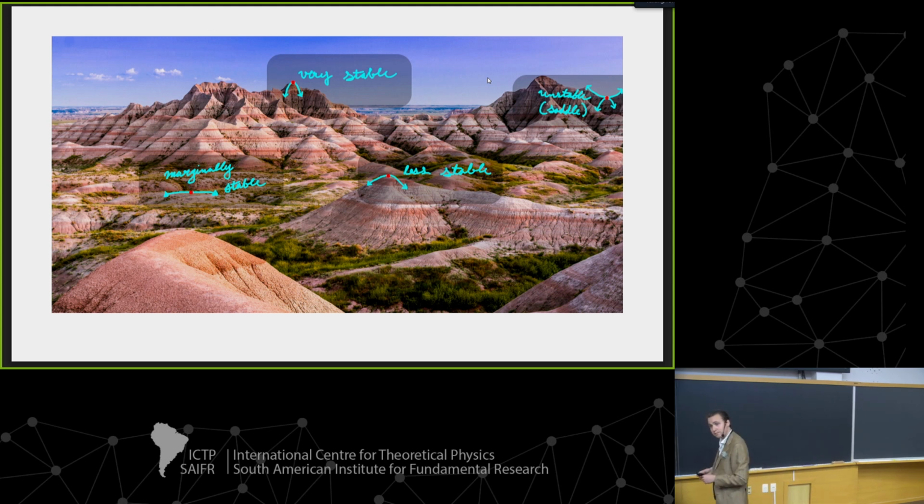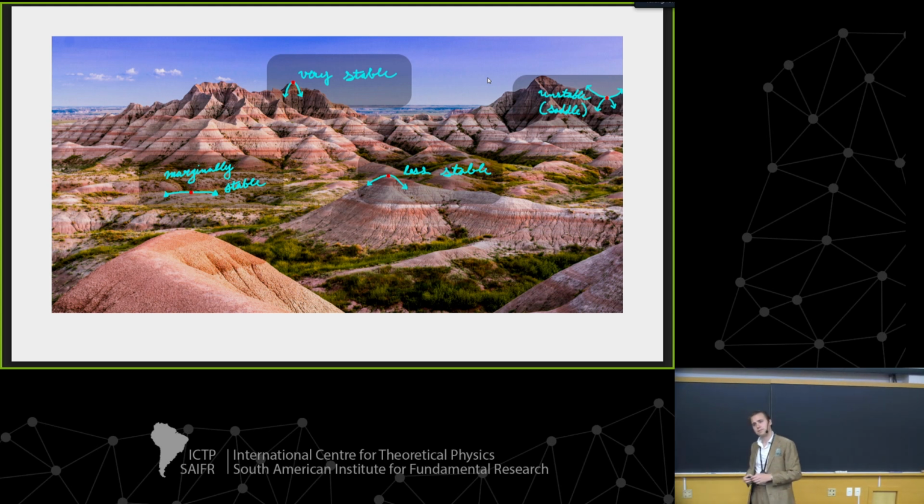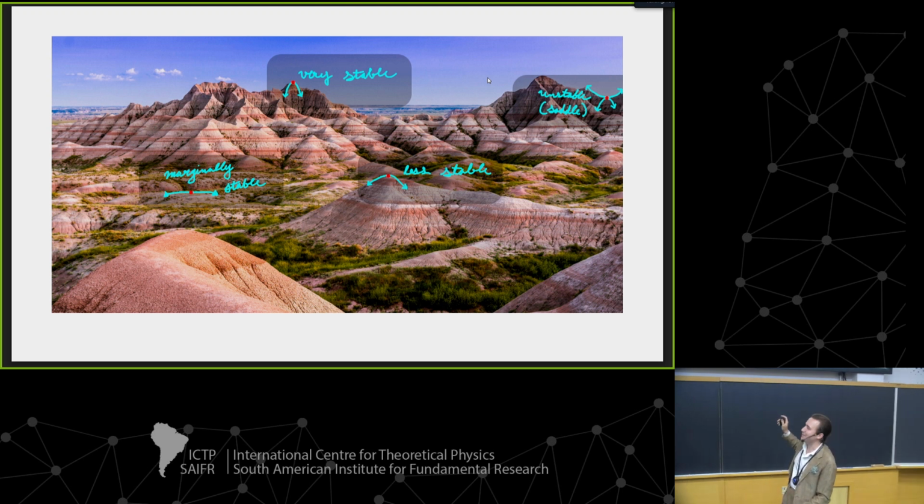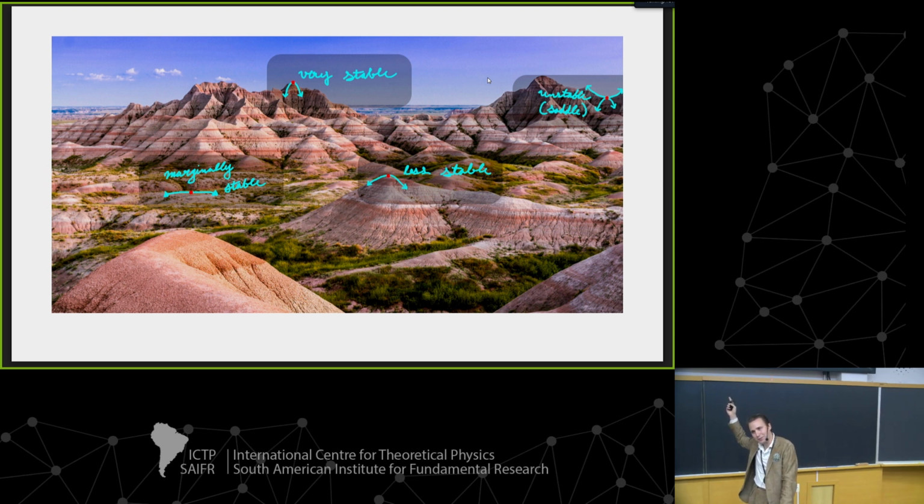Yes? Sorry, I don't get the definition of stability well. I would say that what you call less stable should be more stable because the gradient is smaller, and vice versa. What you call very stable, if I move a little bit, the ball will go down very fast. Right now we have minus the energy as up, so you're thinking about trying to maximize in this example.